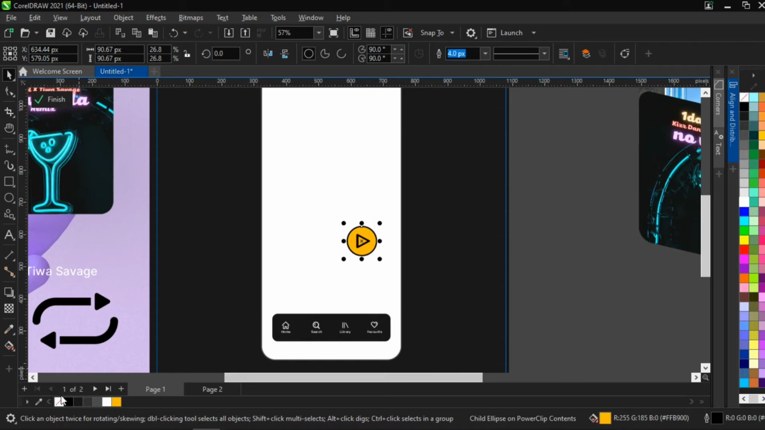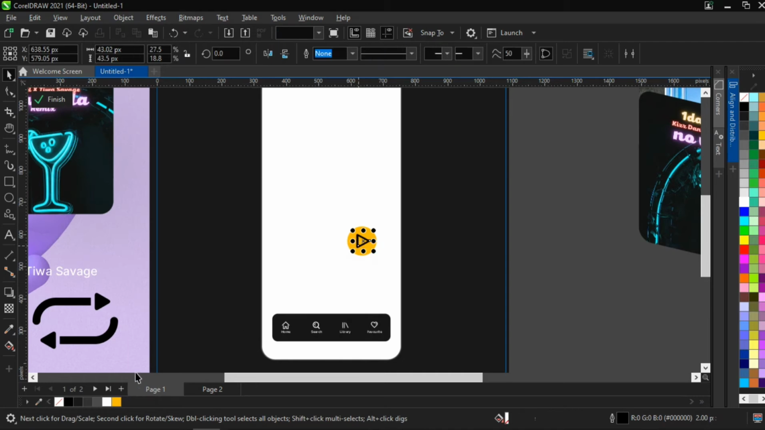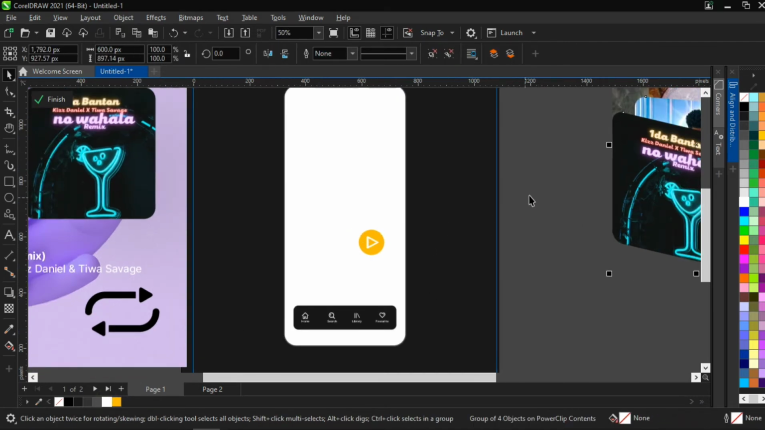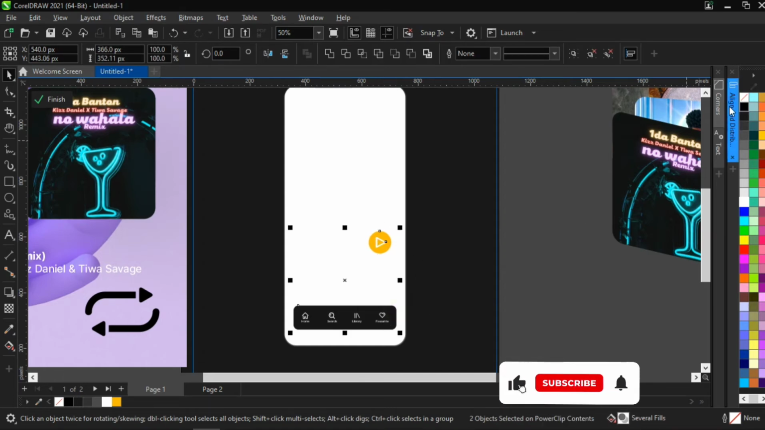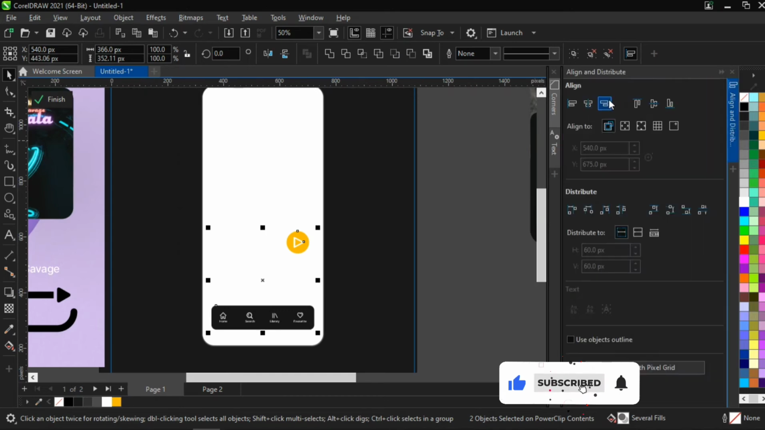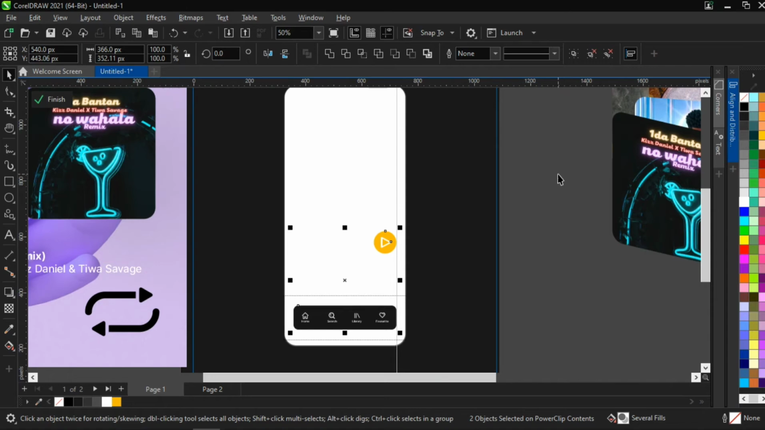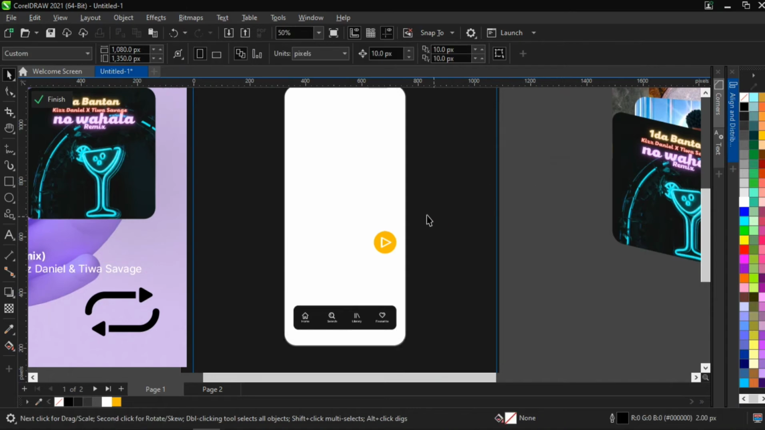So I'm going to remove the outline now. I'm going to color this white. Let's just put it somewhere here. Make sure it is aligned to this. You use your align right. Now it is aligned. So now the next thing you're going to do is you're going to come down here